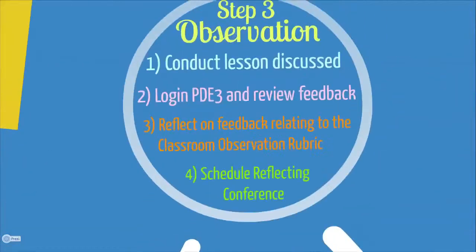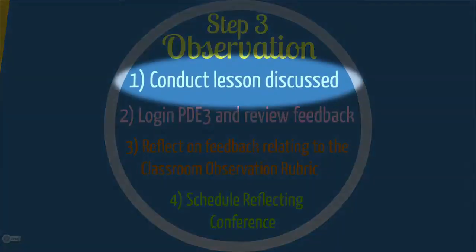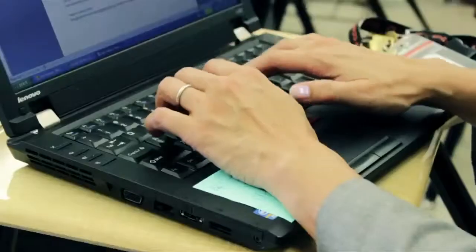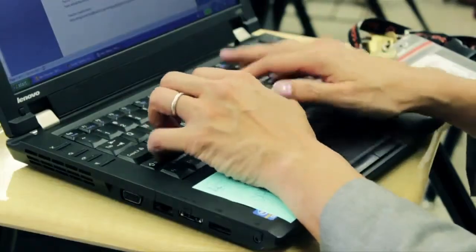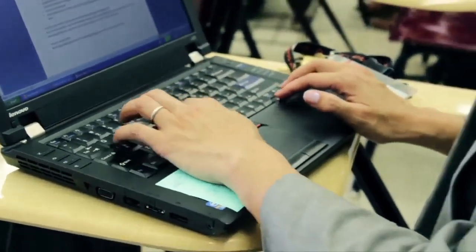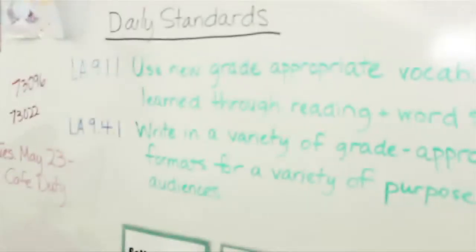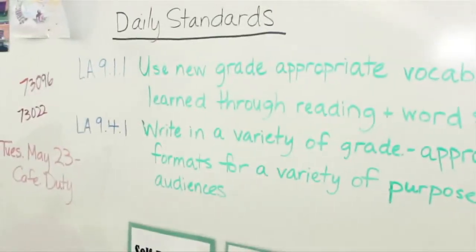Step 3 is the observation. Carry out the lesson that you discussed in your planning conference with your principal or vice principal. Note that when your principal or vice principal is in the room, they may be actually collecting data on you while they're sitting there. So they may have their laptop out typing, or they may be scribbling on a piece of paper. Note that all the information that they're going to be collecting is already going to be covered in